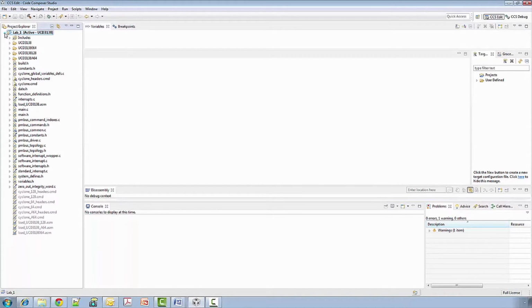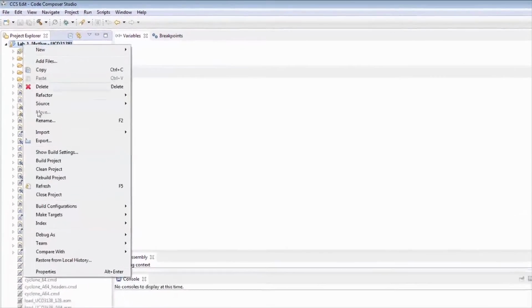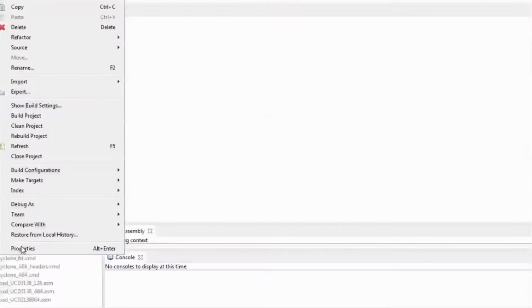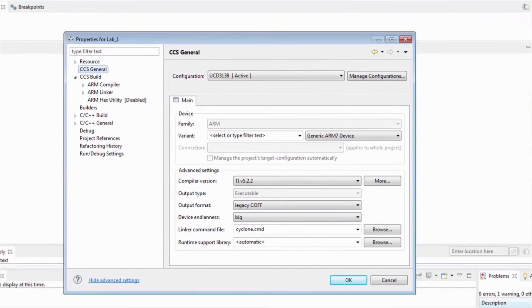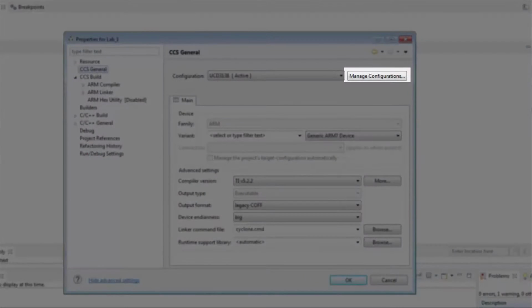Building the project can be done a number of ways. Before building, let's take a look at the project configurations, which are the project settings for the build. Right-click on the project and select Properties. The source code has been created to work on any of the versions of the UCD device. To select a target UCD device to build for, click Manage Configurations.